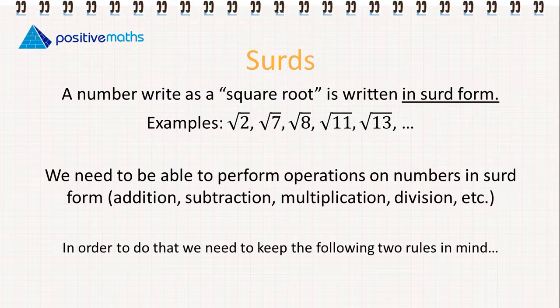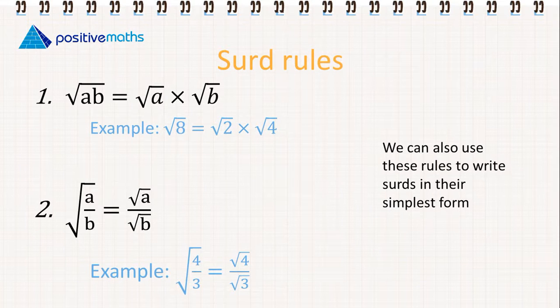We need to be able to perform operations on numbers in surd form. So these operations are addition, subtraction, multiplication, division, and so on. In order to do that, we need to keep the following two rules in mind. So the first rule: